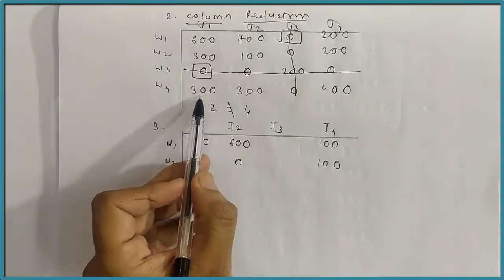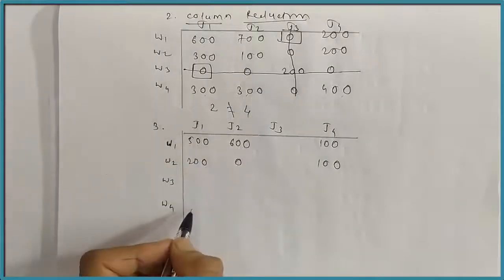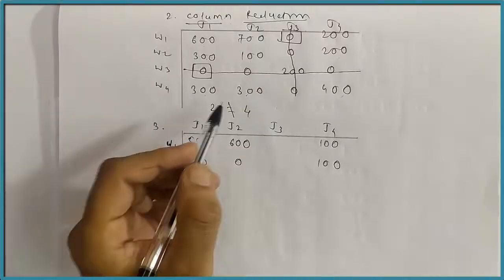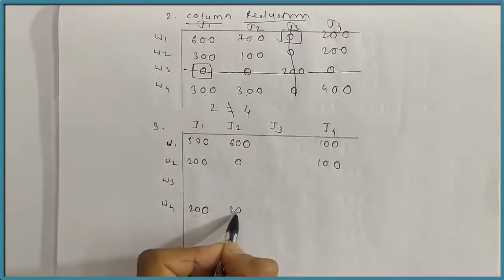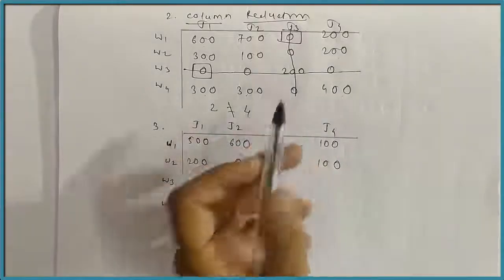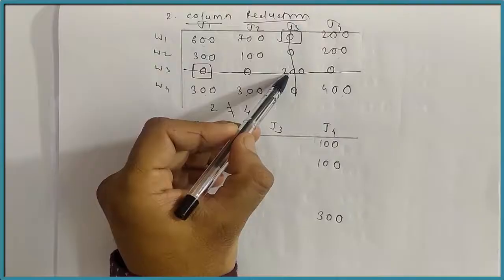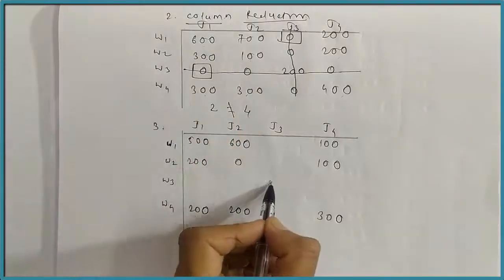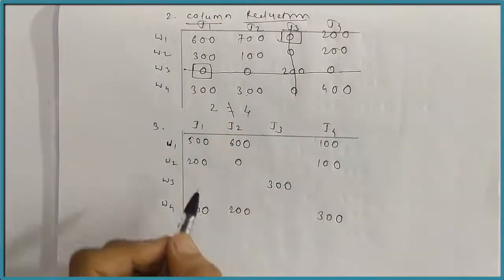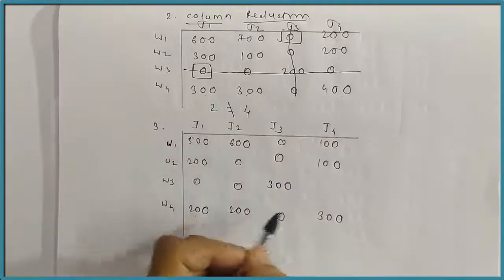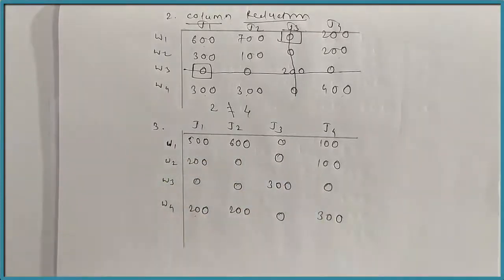Fourth row: 300 minus 100 is equal to 200, 300 minus 100 is equal to 200, 300 minus 100 is equal to again 200, and 400 minus 100 is equal to 300. And add this 100 to the intersection number. 200 plus 100 is equal to 300, and write down the remaining numbers as they are: 0, 0, 0, 0, 0 and 0. After this step, again we want to draw the minimum number of lines to cover all the